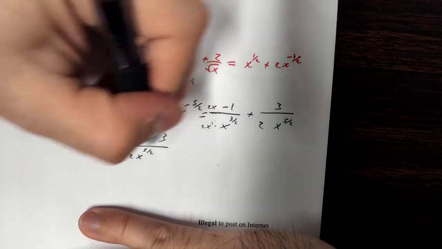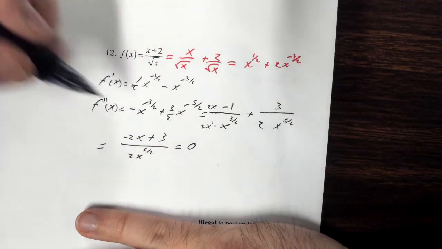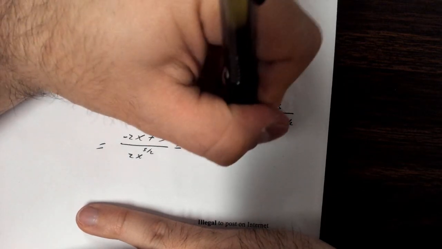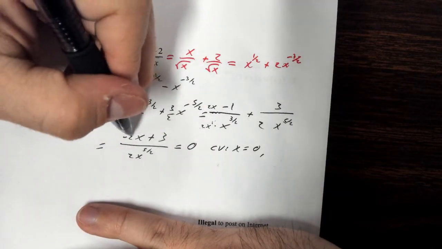And we want to know, when is this second derivative either 0 or undefined? Well, it is undefined when x equals 0. So we have a critical value when x equals 0. And it is undefined when x is